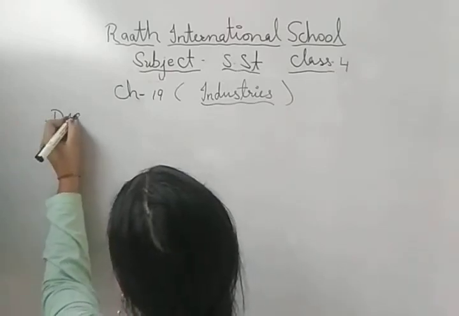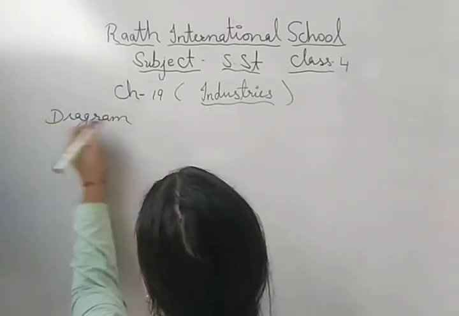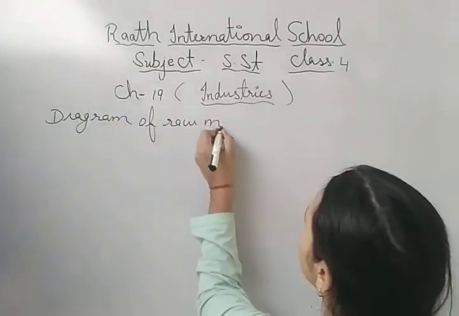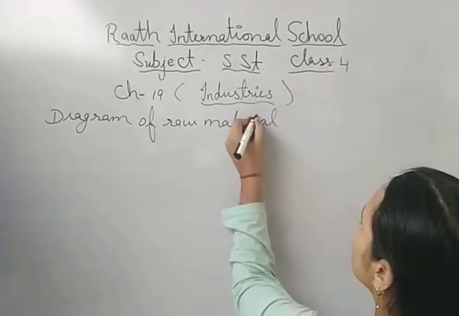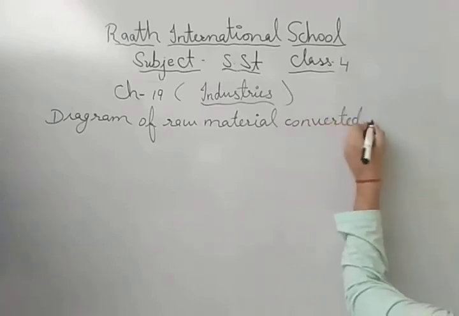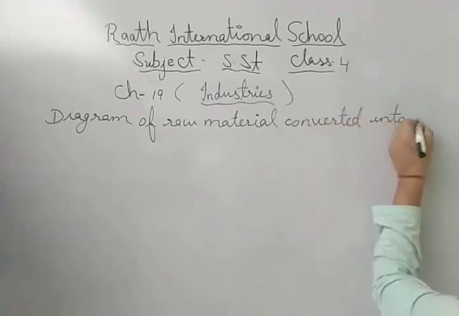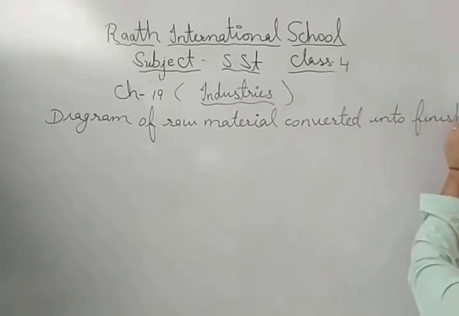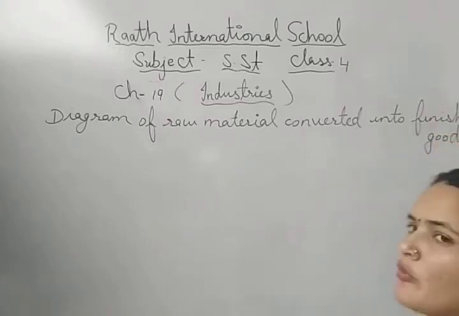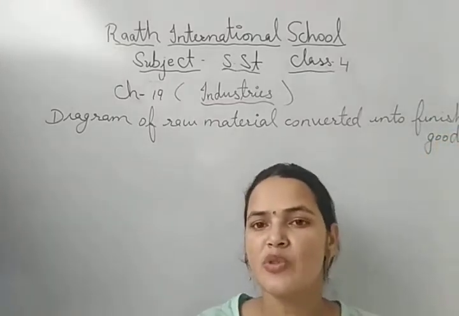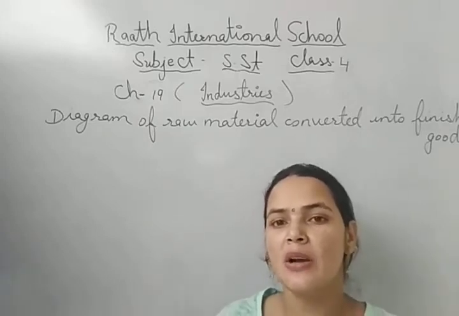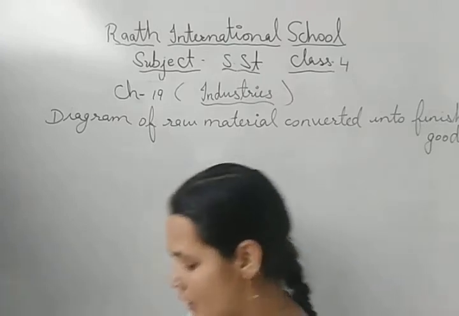So this is the diagram of raw material converted into finished goods. So first we will draw the different diagrams of raw materials, and then we will draw that which are the things that are produced by using these raw materials. So the first is,